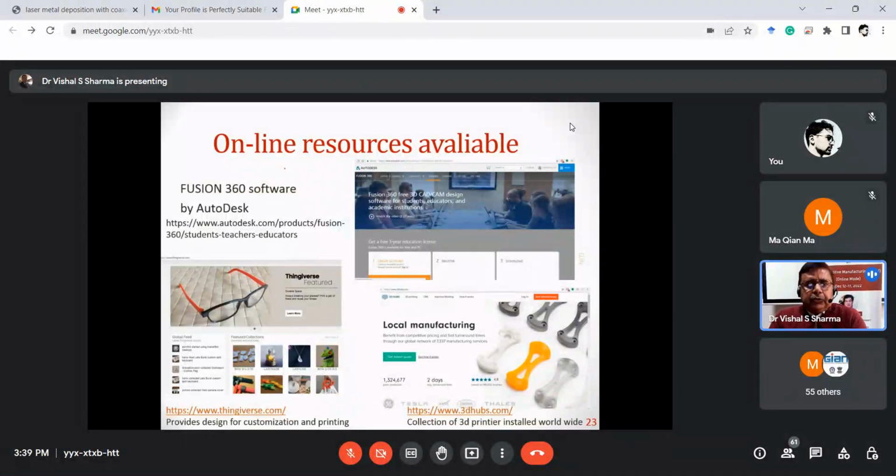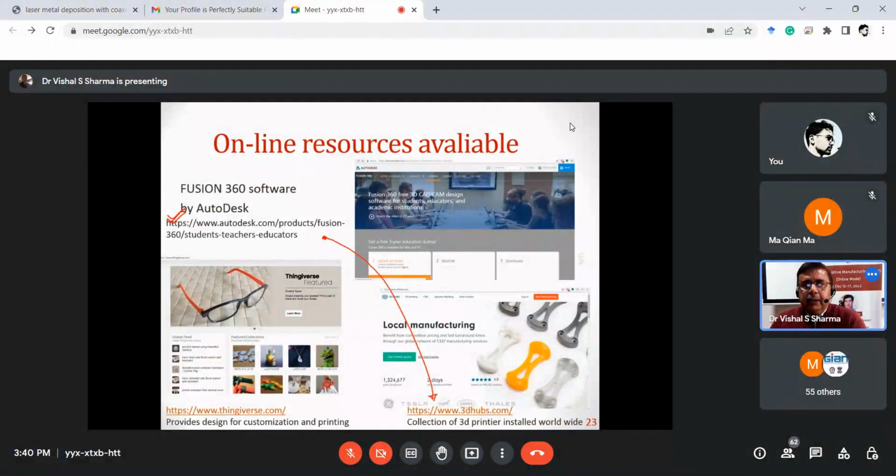Online resources. This slide is quite interesting. If someone wants to work in the domain of additive manufacturing and is new to this domain, this is the best slide for him or her. You can download the software, Fusion 360, from this link. You can design the part, and if you don't have a printer available with you, what you can do is send the design